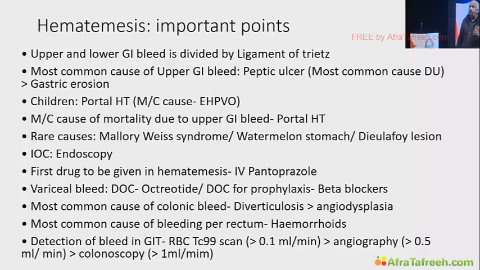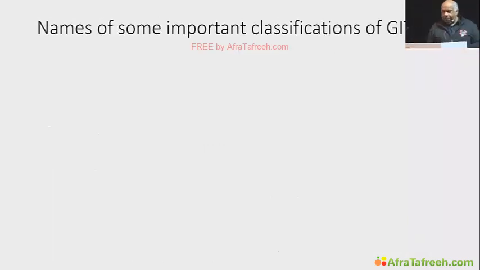RBC scan can detect the minimum. It will not tell you which vessel. Angiography will tell you which vessel. In angiography, it's therapeutic also. RBC scan is not. But minimal bleed you can know by technetium RBC scan. Okay? Now,